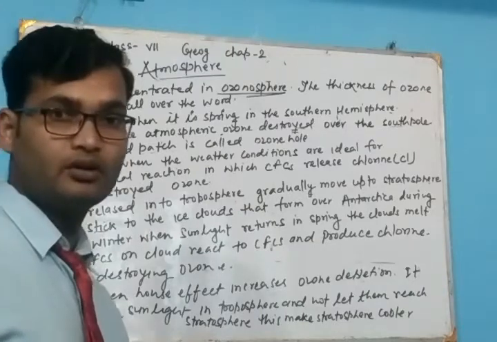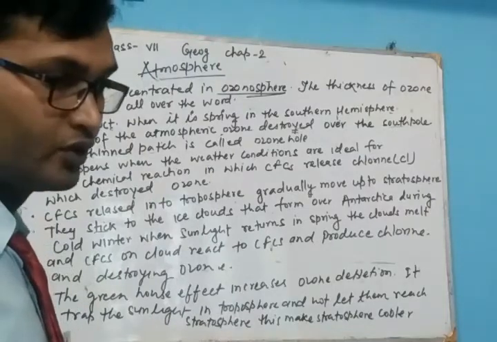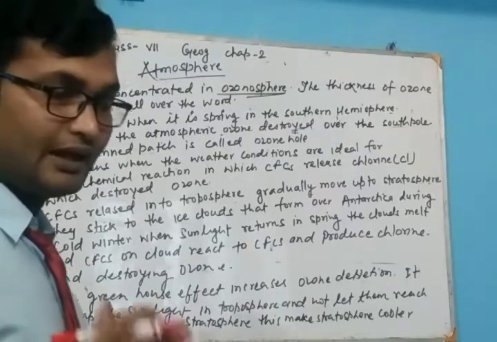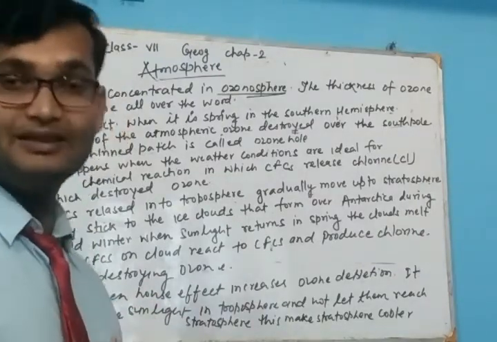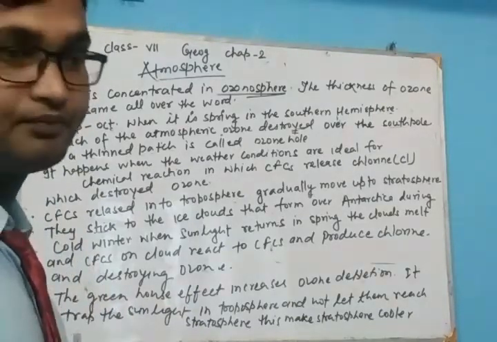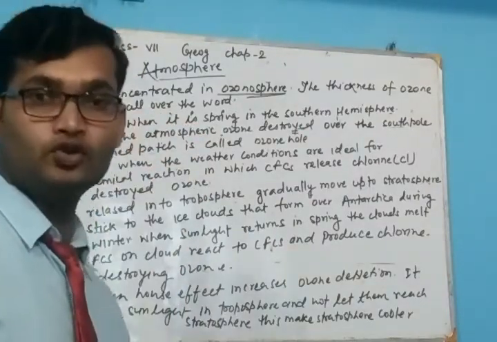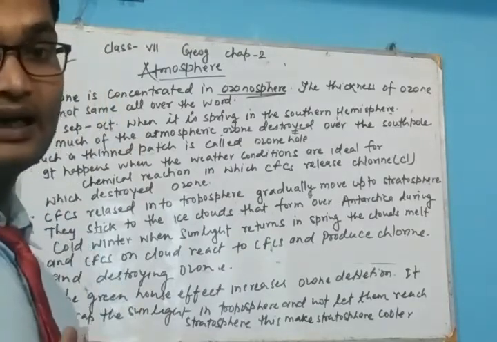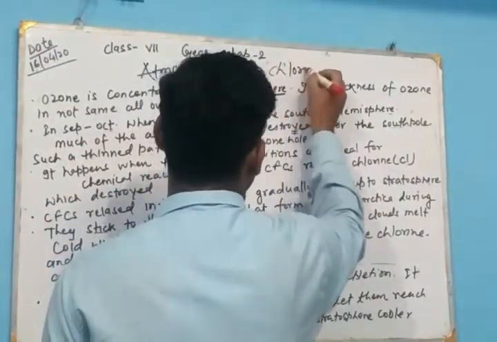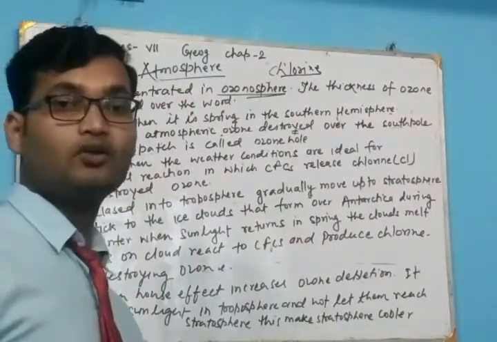In this video, we are going to discuss the depletion of ozone, how it happens, what the main reason for the depletion of ozone is, and how it is uniformly formed at the North Pole and South Pole, the Southern Hemisphere and the Northern Hemisphere. Let's see. Actually, the main cause of ozone depletion is an element, that is chlorine. It is the main factor that breaks down the ozone.